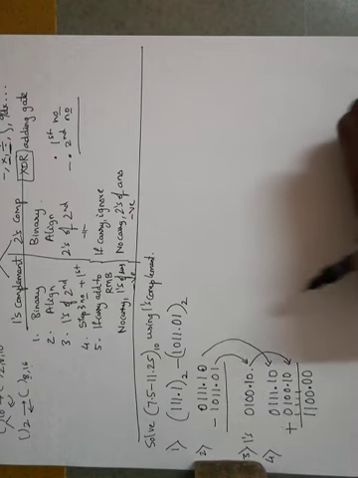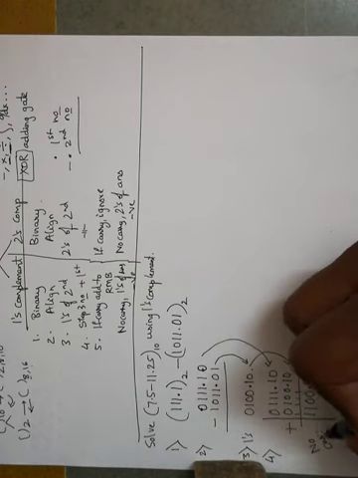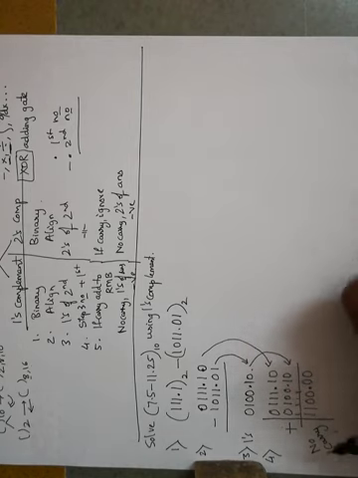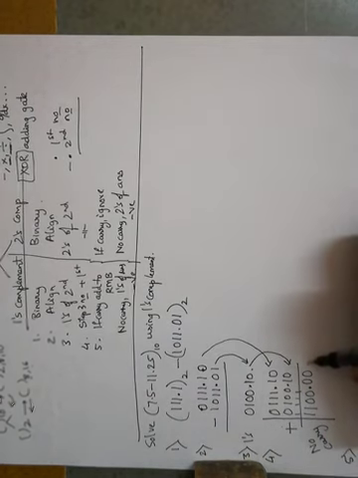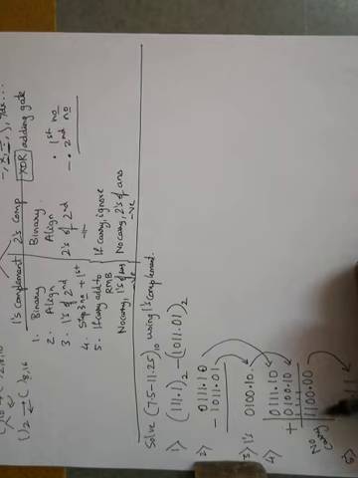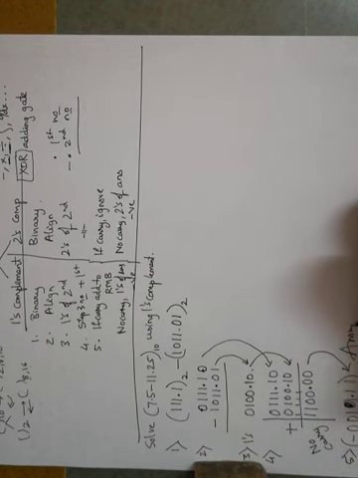So stop. Carefully observe that we don't have a carry. Means after our 6 length, 1 2 3 4 5 6, no carry is generated. So our last step is, if no carry, take the 1's complement of the second number and put a negative sign. So 0 0 becomes 1 1, 0 0 becomes again 1 1, 1 1 becomes 0 0, put a minus sign. So this is our final answer.